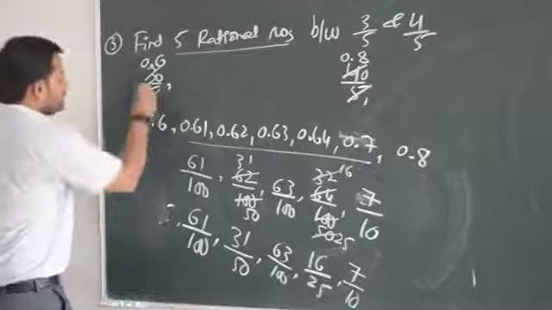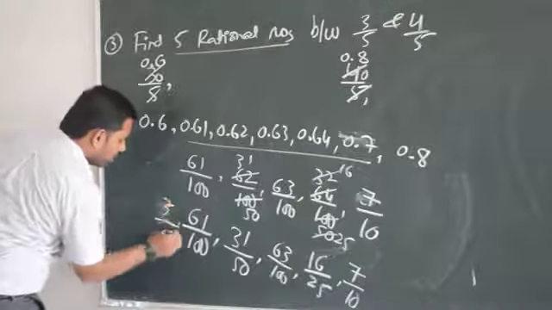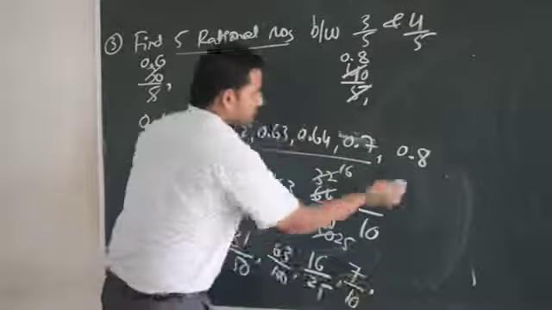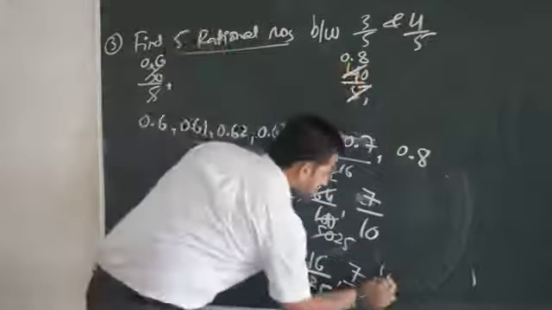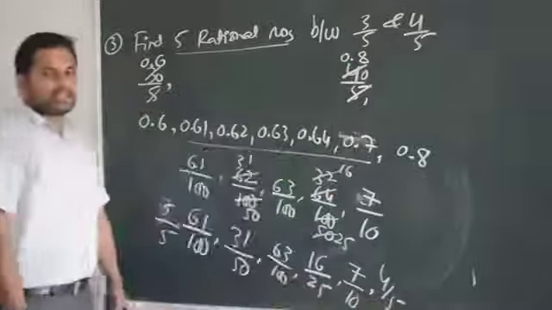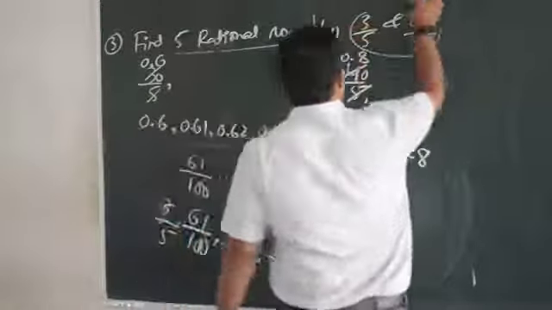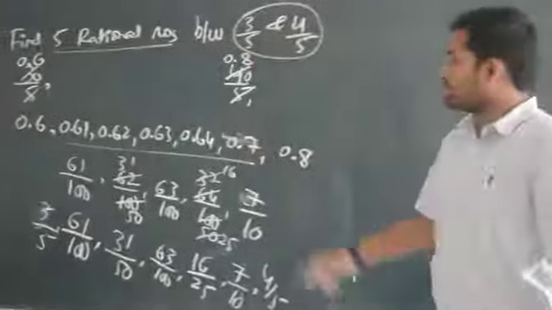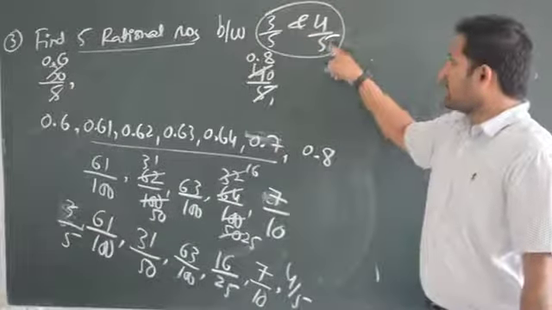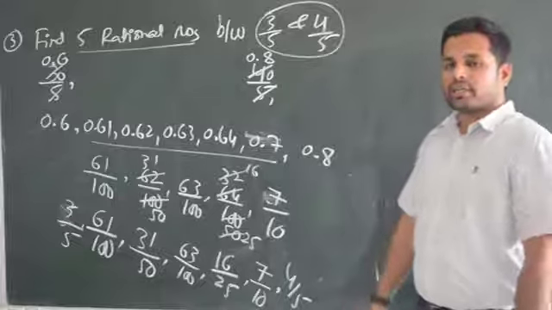So 0.6 means not 5, it is going to be 3 by 5. No? 3 divided by 5 it is there. And 0.8 is nothing but 4 by 5. Which is simple, tell me? It's very simple, no? If you start to add them, again 3 by 5 plus 4 by 5, all divided by 2, it becomes a whole mess.